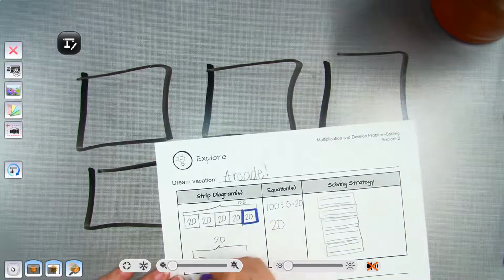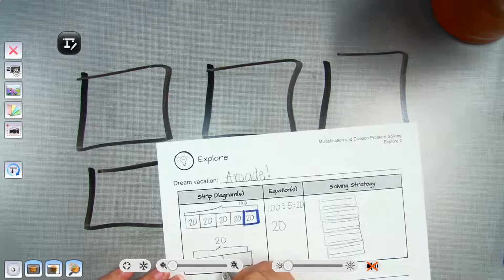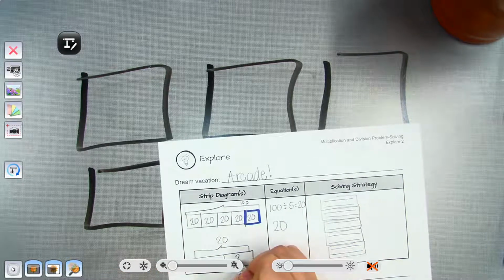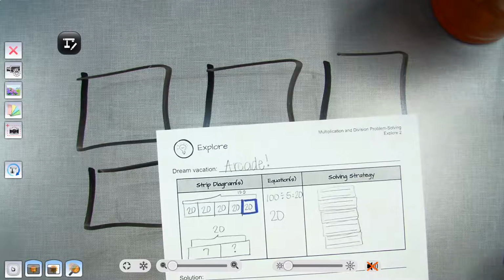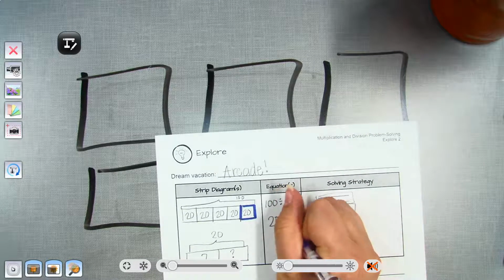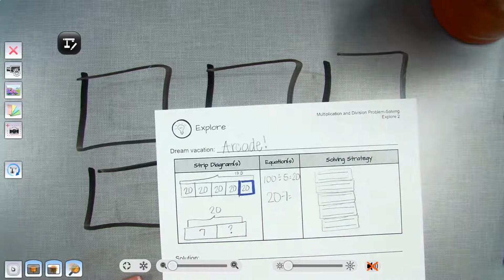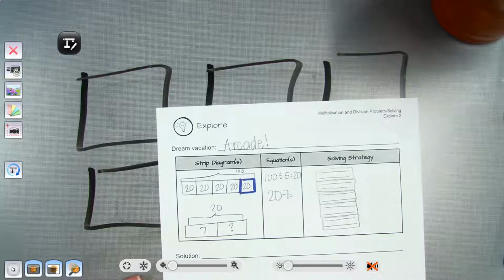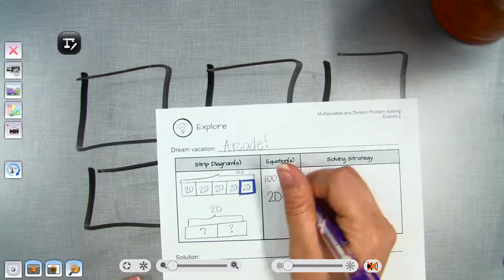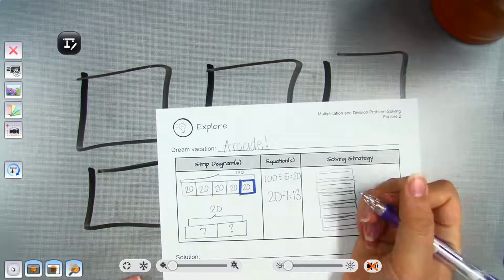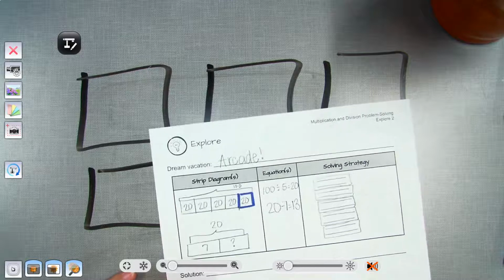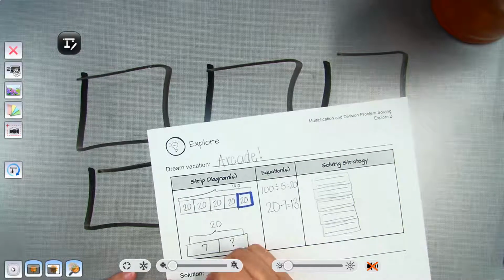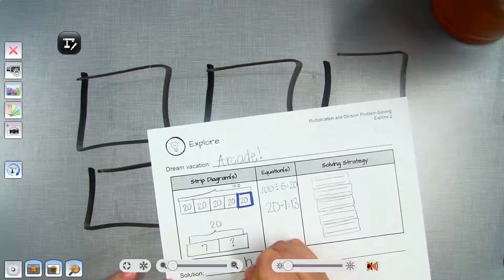So I'm going to take his 20 tickets. I'm going to make a strip diagram. And I know that he's going to use 7 of his tickets. How much is that going to leave him? If he takes 7 away, because he's spending them, he doesn't get to keep them, what would he have left? So 20 minus 7 would be 13. So we would say Luis has 13